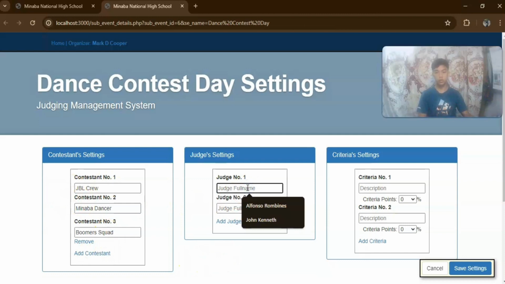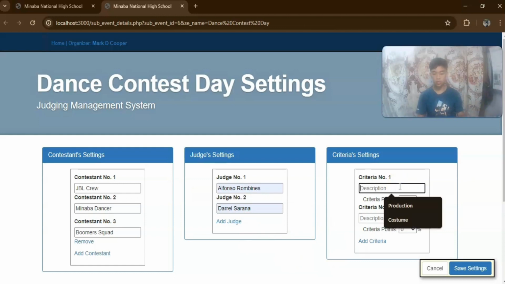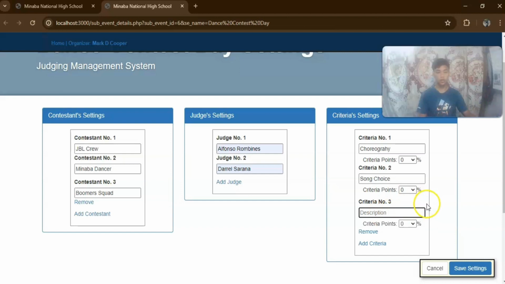Then the judges, including Darisani. Next is the criteria.